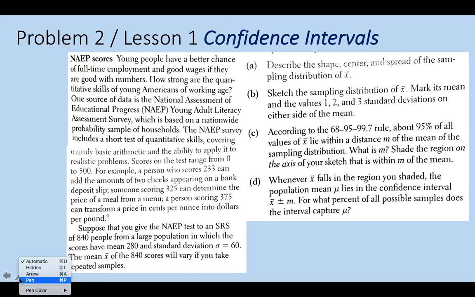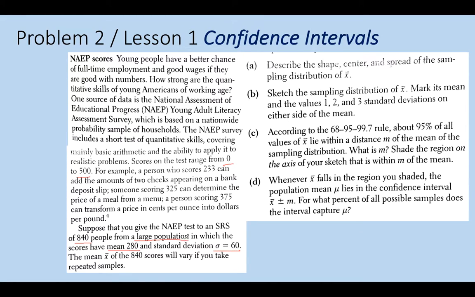All right, so here's kind of it's got a lot of background to it, but we'll just briefly go through that. So there's this test, the NAEP, that measures basically how much common sense you have when it comes to math. And so scores can range from 0 to 500, and it gives you some examples of what you could do if you had those scores. But when it comes down to it, down here is the information that we need. We've got an SRS of 840 people from a large population, and the mean is 280, and the standard deviation